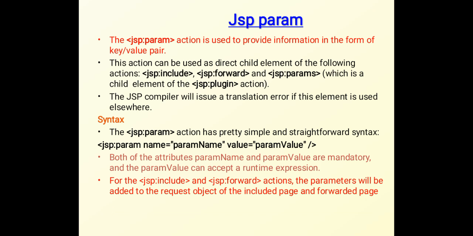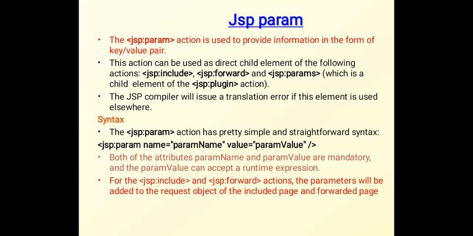Now JSP param. JSP param action is used to provide information in the form of key value pairs. It is used as a direct child element of the following actions: include, forward, and as a child element of the JSP plugin action. The JSP compiler will issue a translation error if this element is used elsewhere. The syntax of it,